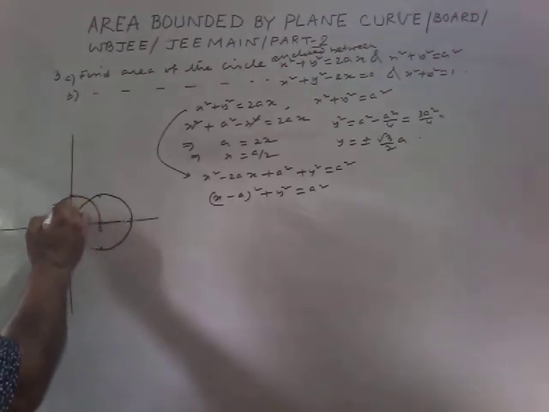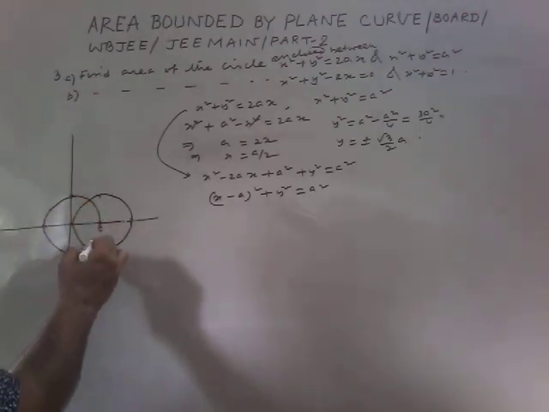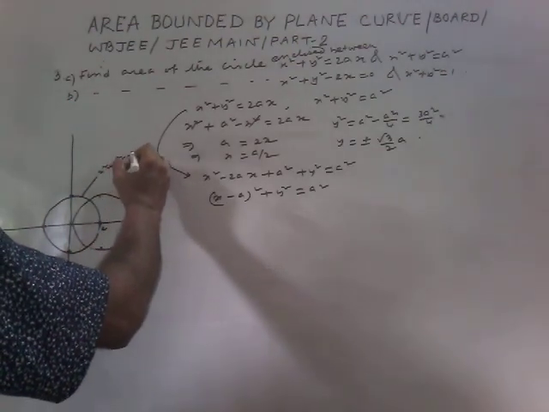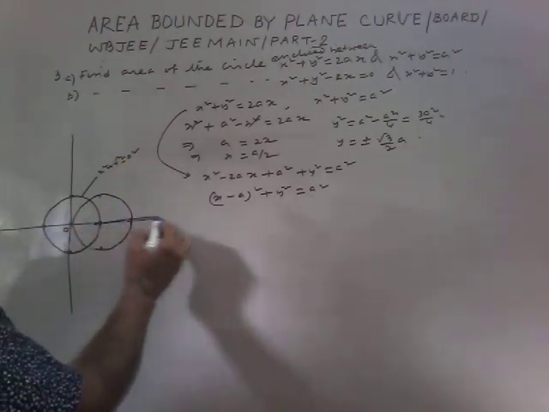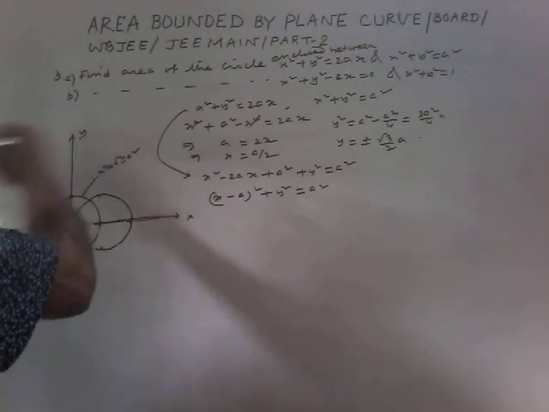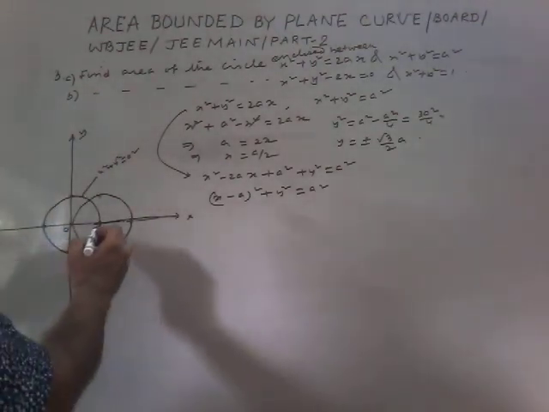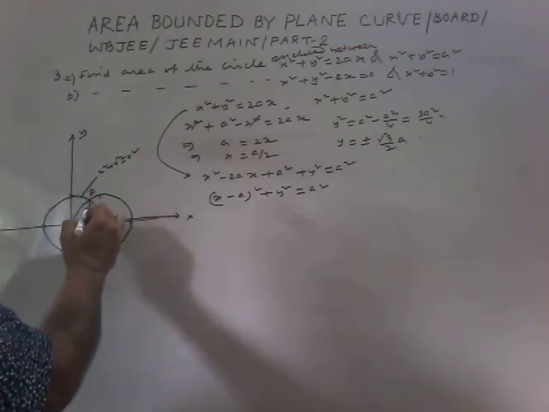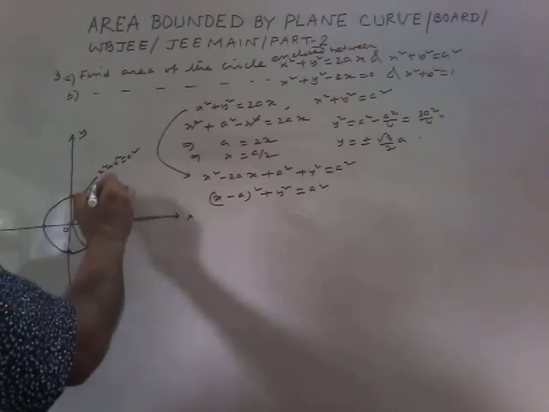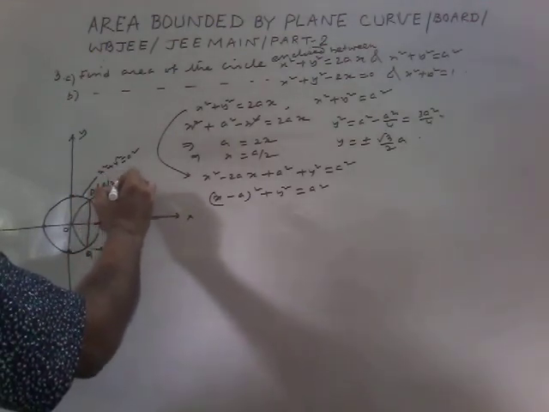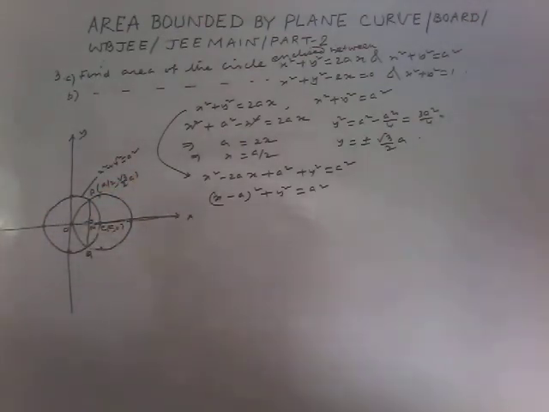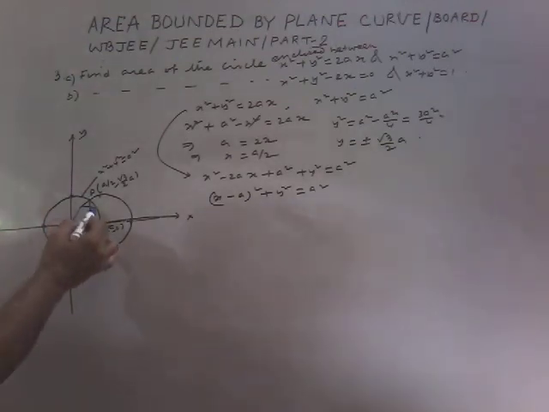So we get, this is the second circle. So this is x square plus y square equals a square. This is O, this is x axis, this is y axis. So this is C, this is A0. So this is the point of intersection, PQ. So P is a by 2, root 3 by 2 a. So M, we are interested in x coordinate. So the area will be this shaded portion,